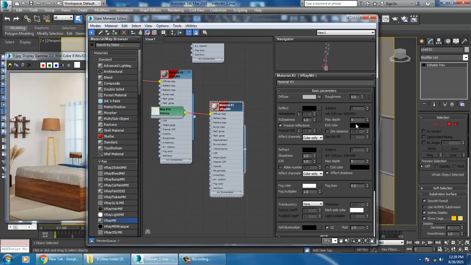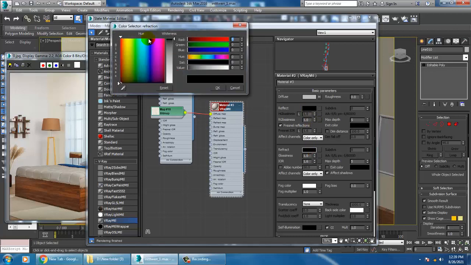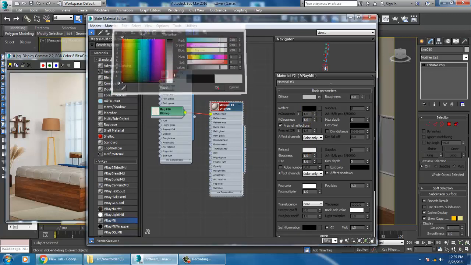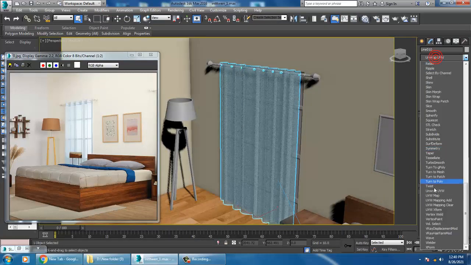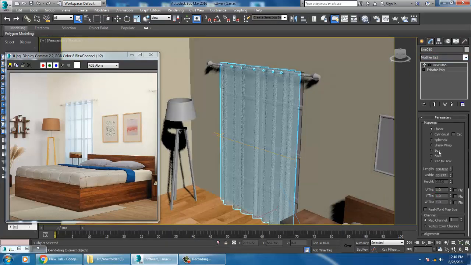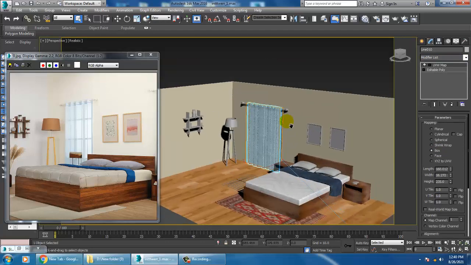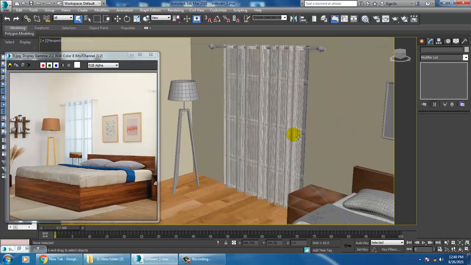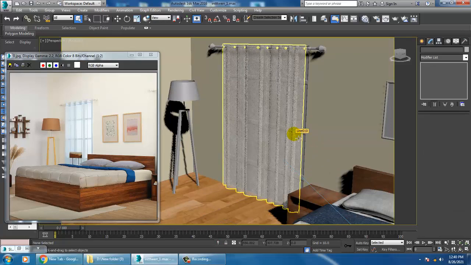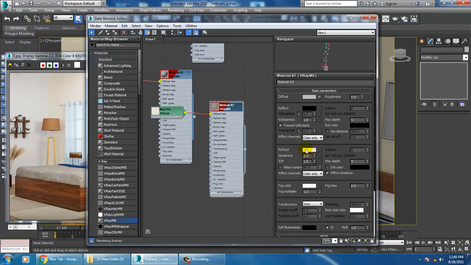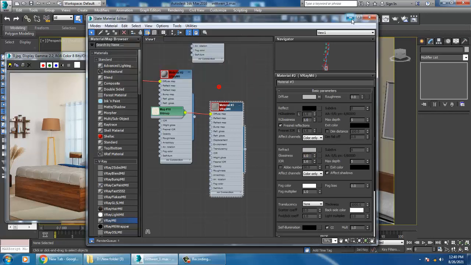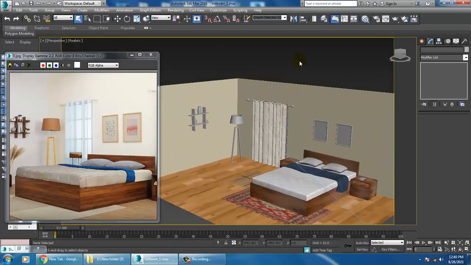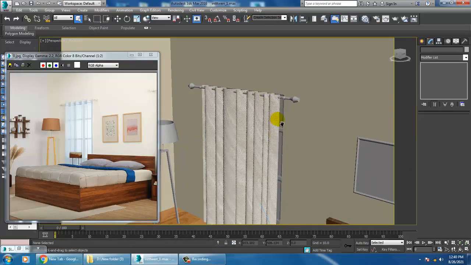Just give a texture, let's go into refract and I'll make it more transparent over here. Looks much better. If you want, I can slightly increase it, so you can make it less transparent, or if you want we can do that, that's not a problem.